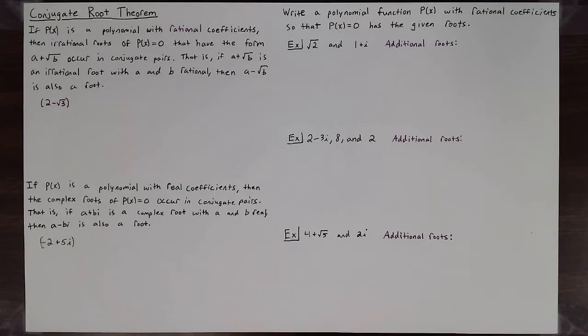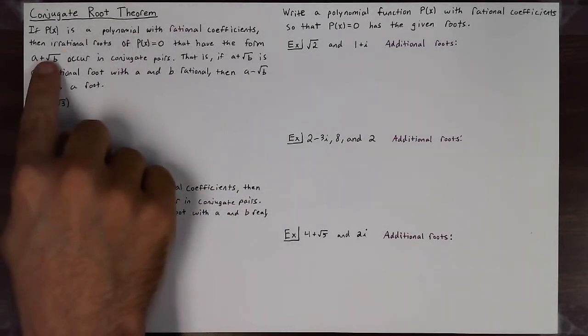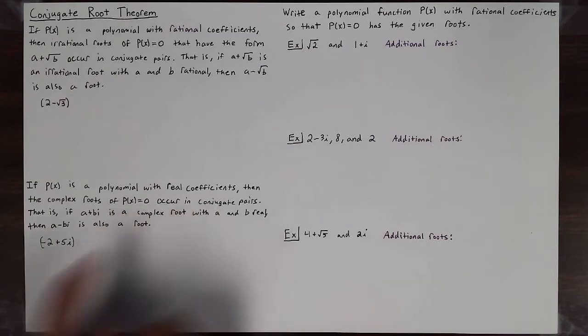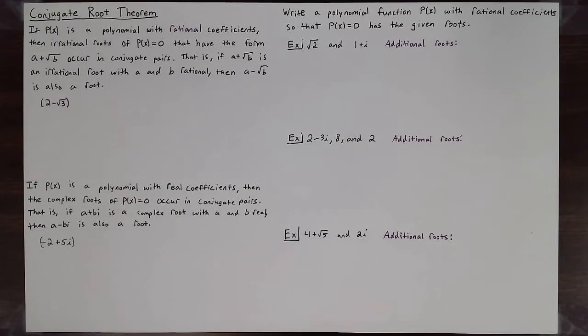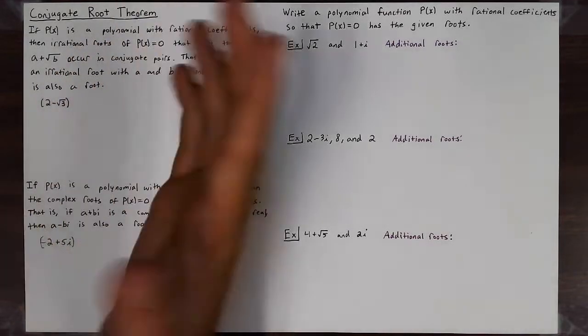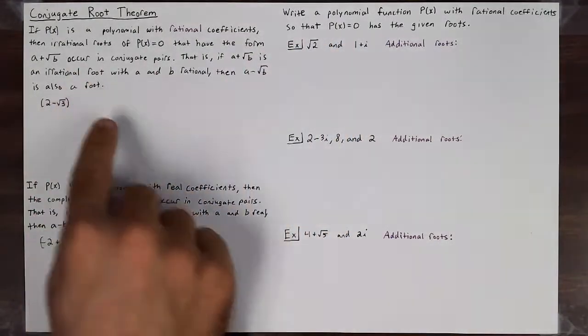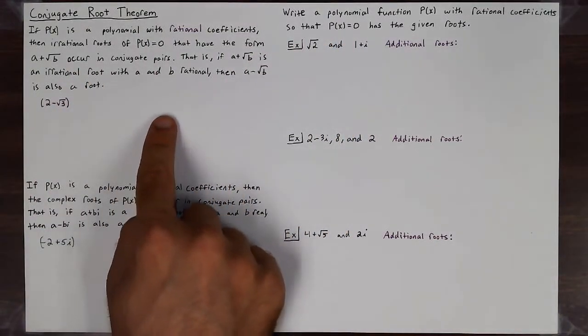In this video, we're going to learn about the conjugate root theorem. The conjugate root theorem is in two parts. One's talking about radicals and one talking about complex numbers. So if a polynomial with rational coefficients, meaning that none of the coefficients in front of x squared or x